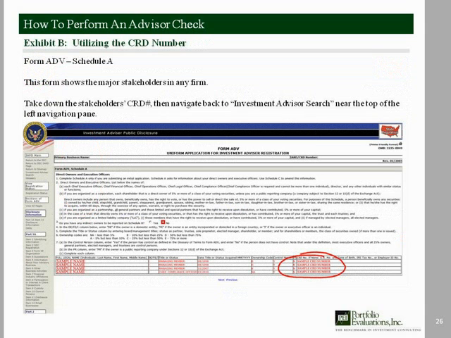A second example, and we didn't show this in the first screenshot of the ADV form, but there's also what's known as Schedule A. The reason we like Schedule A is because that'll show you the owners within a particular organization. What you want to do, we have it circled there, is get the CRD number, because sometimes you might have John A. Smith affiliated with a registered investment advisor, but John Smith is registered with a broker-dealer. Now, the only way to know that that person is the same person will be to search on their CRD